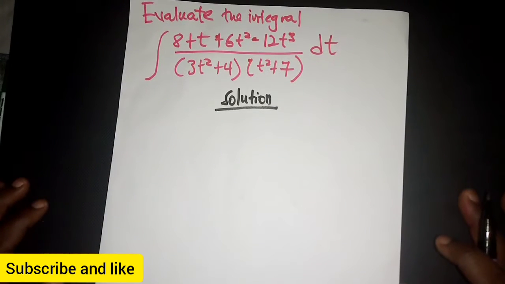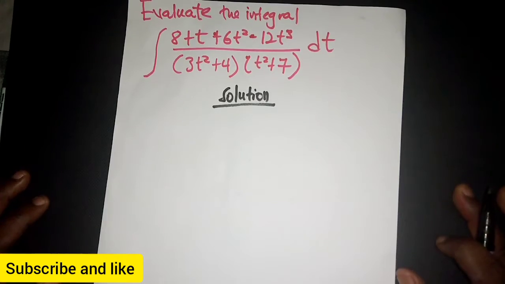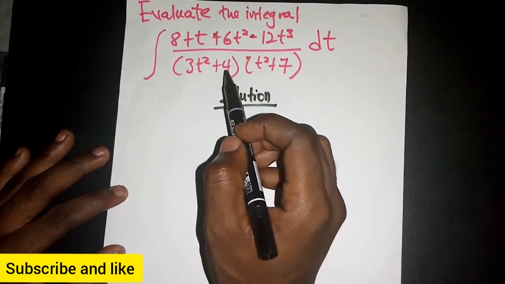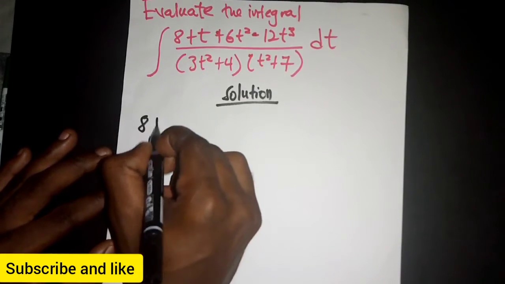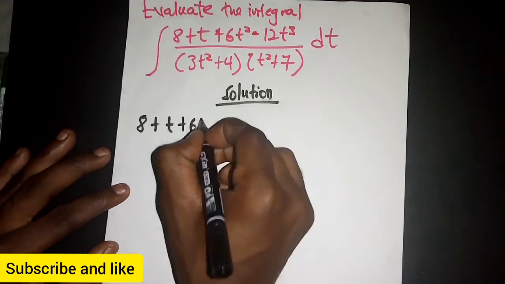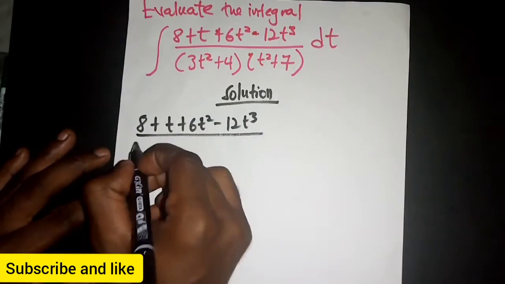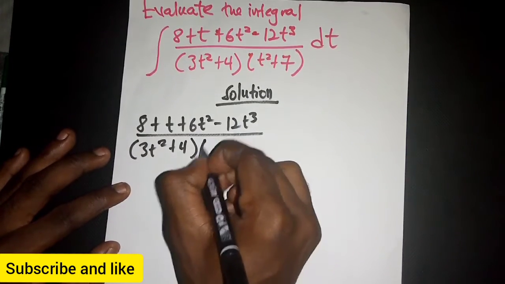Now with this integral also, since if you look at the denominator, you can see that we have an integrand, and therefore we have to use the partial fraction. So what we are going to do now is take the numerator and the denominator, then take them through the partial fraction step. So we have 8 plus t plus 6t squared minus 12t cubed, then divided by 3t squared plus 4t, then